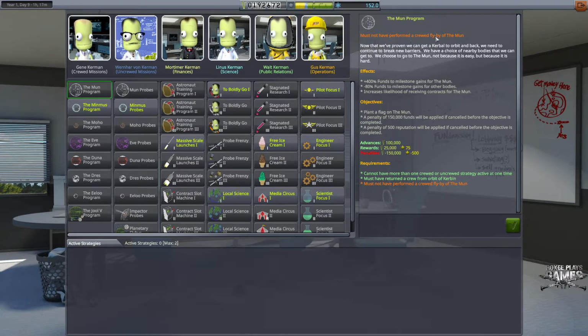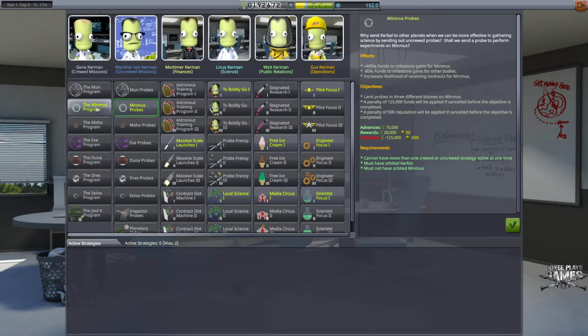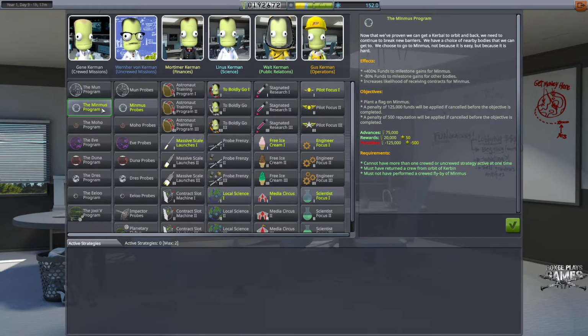must not have performed a crew flyby of the Mun, so I can't do this. But we can do the Minmus. And if we do this one, crewed, and then we've got uncrewed as well, pretty much the same, just obviously one's crewed and one's uncrewed. Plus 400% funds to milestone gains from Minmus. So every milestone gain I do at Minmus, I'm going to get an extra 400%